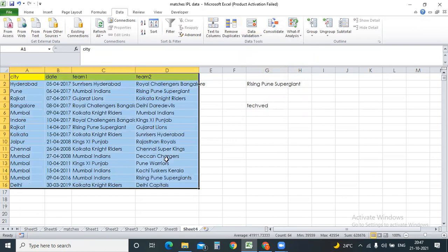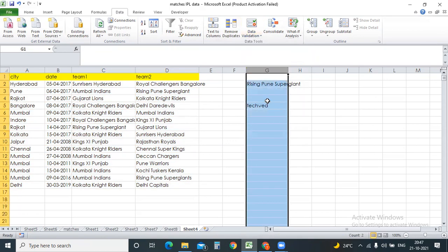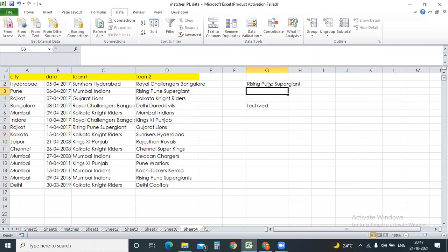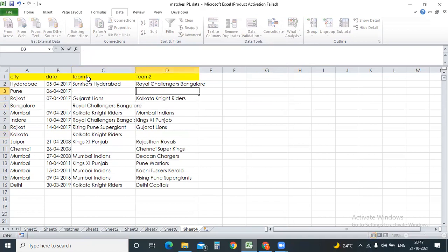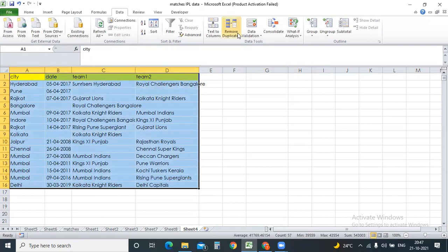Now select data validation, circle invalid data. If you have any invalid data, I can show it to you. I don't have any, so I'll remove some things. Select that data and go to data validation, circle invalid data.